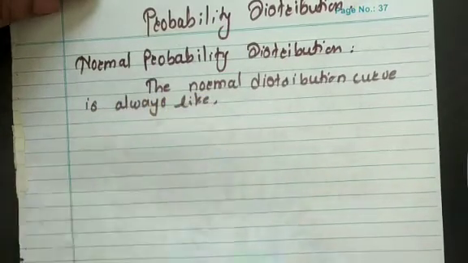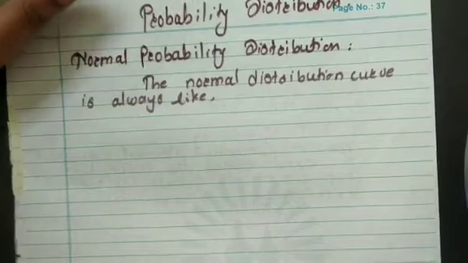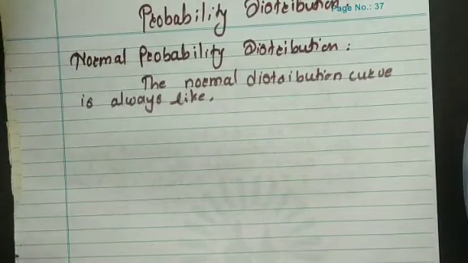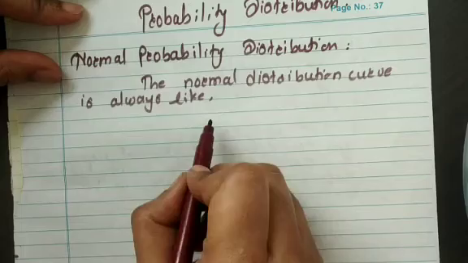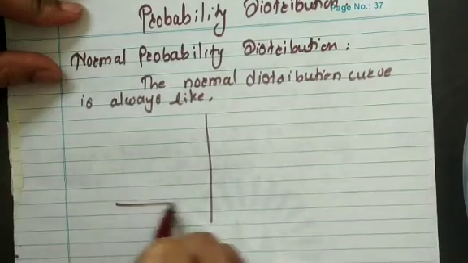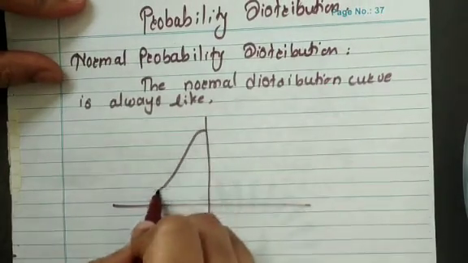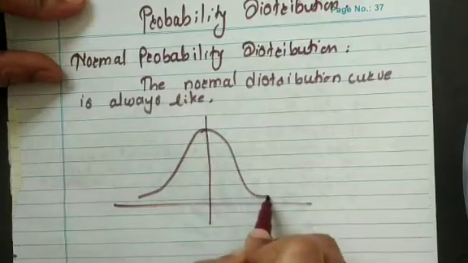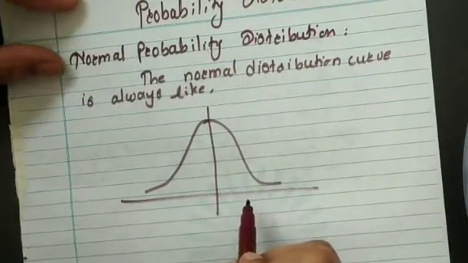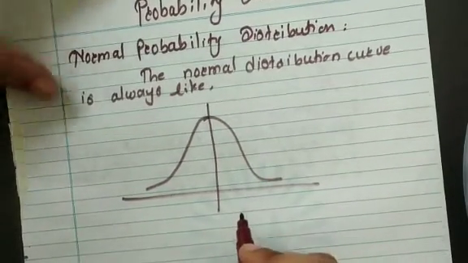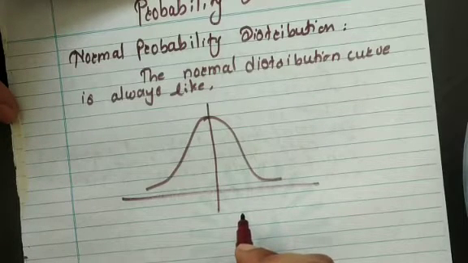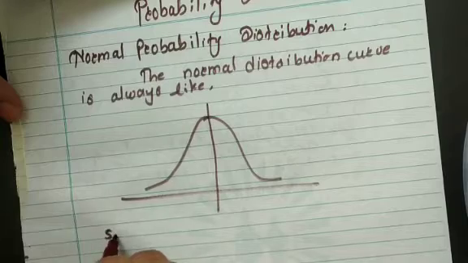If we draw a curve of the distribution, this is the normal distribution curve, and for normal distribution we need a variable that is called a standard normal variable,